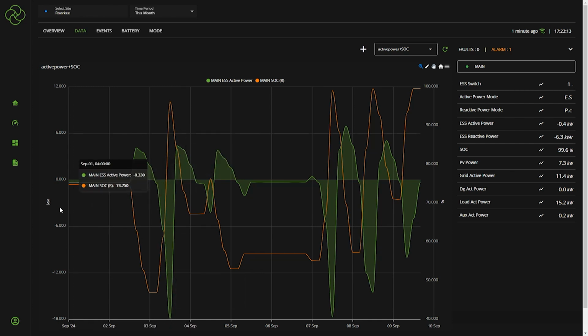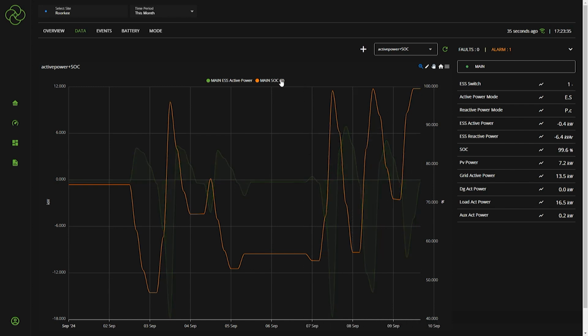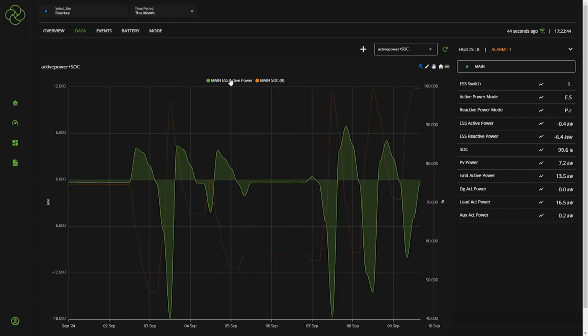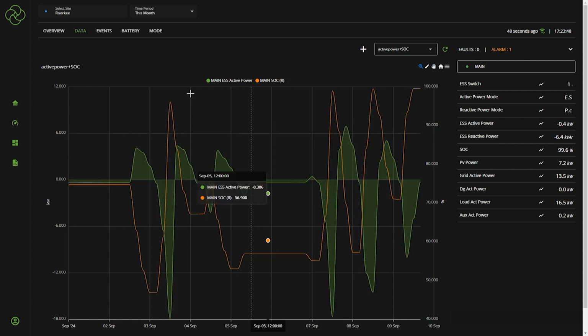The graph uses a dual y axis to illustrate two critical parameters. The left y axis in kilowatt shows the active power of the energy storage system indicated by the green line, while the right y axis in percentage represents the state of charge, that is SOC, of the ESS, depicted by the orange line. This dual representation enables you to easily correlate the active power fluctuations with the charging and discharging